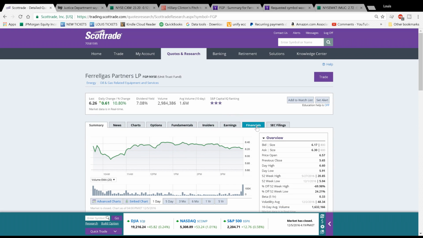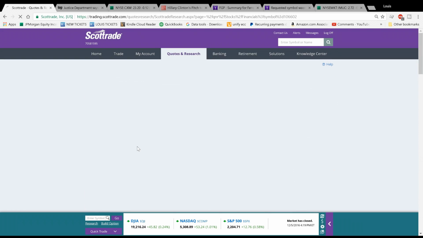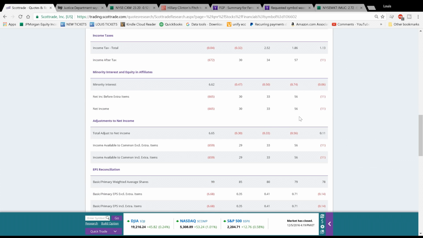Let's take a look at the company's financials. Let's take a look and see what we see. If we look at their income statement annually, let's see what their net income is year after year. So net income, 11 million, loss. See, the red over here is a loss. Then they made 56, they made 33, they made 30. They lost